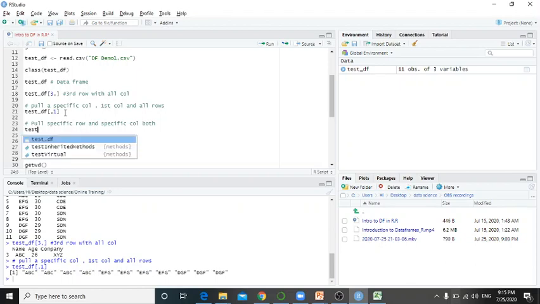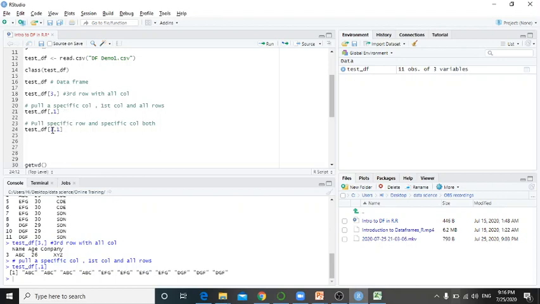Straightforward, just mention the name of the data frame, and then from that let's say we want to access the third row, so mention the 3 in the row section, that is before the comma, and for the column, let's say we want to access the second column, or let's say mention 1 which represents name.